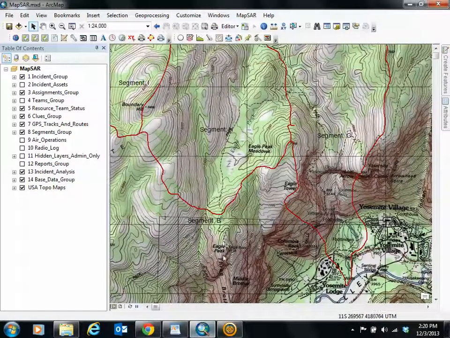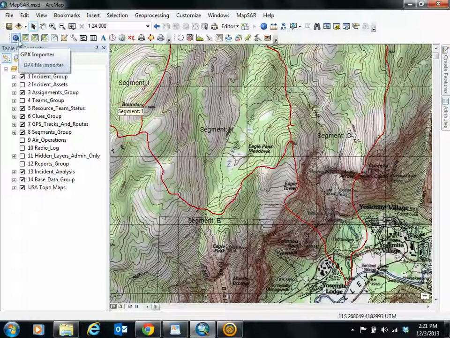I already have MapSAR running right here. We have a super tool, the GPX importer, created by Eden Kane for us, a great supporter of MapSAR, and he made it so much easier for us to get information into our model than it used to be. So if we select and open this tool,